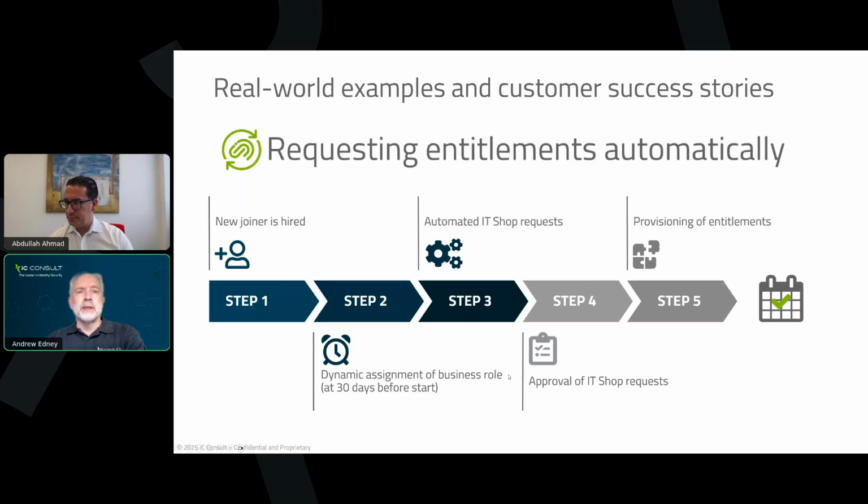Why do you want to do this 30 days before you start? Because you don't want to rush people. You want to give people time to do a good analysis of what they need. If there are some optional products in the collection that they're giving them, you want to have a chance to make decisions on that. There's also the case that some of the things that have been provisioned may not be automated. So in their case, they had Exchange Online.